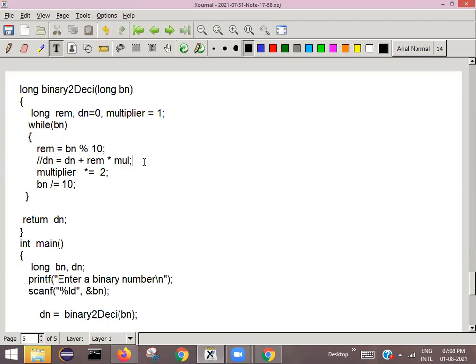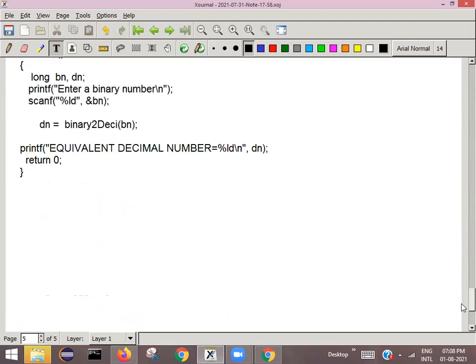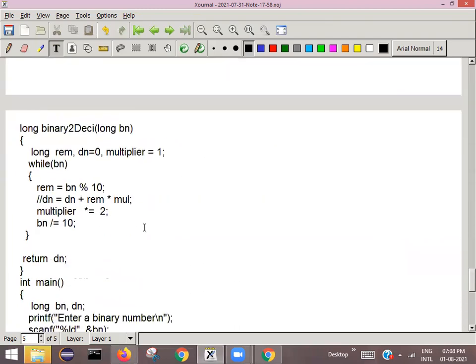If you implement the code this way, your program execution time will be less. If the number of test cases is very large at the back end, then your program completes execution in less time, so you won't get any memory or time kind of problems. Clear? The main function doesn't change, main function is as it is, only this function changes.